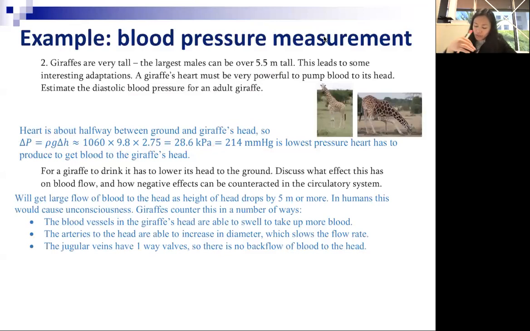Right, of course, when the giraffe bends over, the blood will drop from the head. The head will drop by about 5 meters going down towards the ground, and so you'll have a drastic change in pressure there. In humans, that would cause some unconsciousness. But for the giraffe,